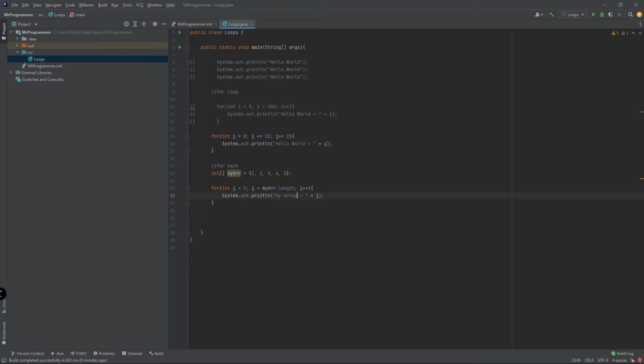So my array is equal to... now the way we want to access the elements inside the array is, this is how we do it. My array, use a bracket and go to i. So i is telling it, hey, this is my array variable, and inside there, I want you to get me the element stored at that index. Okay, so it's going to go from 0, then 1, then 2, then 3, and then 4. So if we run this,